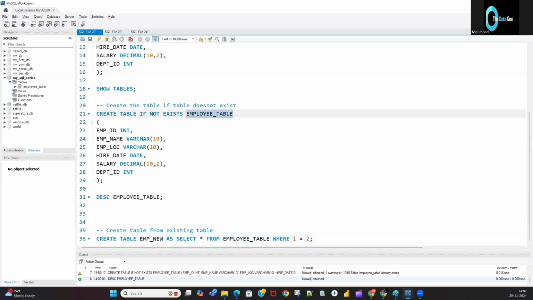This is our existing table, right? The employee table is already present, where 1 equal to 2. So what this will do is create the table from this existing table. So here, when I execute this one,